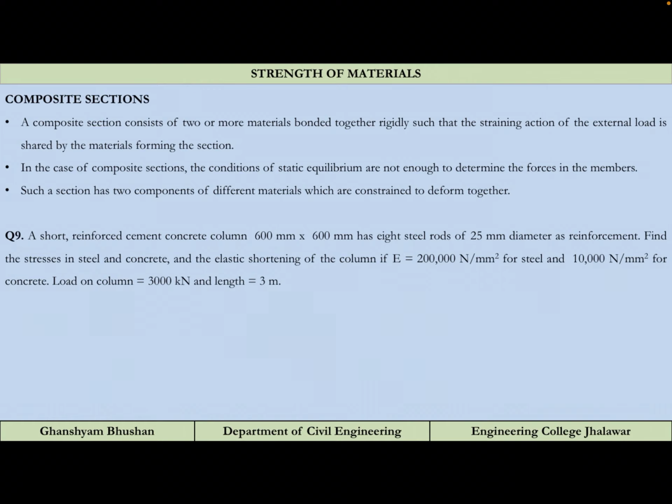So for this reason composite sections are used, because each and every material cannot fulfill your desired properties. To fulfill the flaws in one material, we use a different type of material, and by combining all those materials with proper design specification, we can easily design that structure for the load. But what is the main condition? The main condition is that they will be sharing the load. Whatever load is coming on the structure will be shared by all the materials being used, and the strain should be equal.